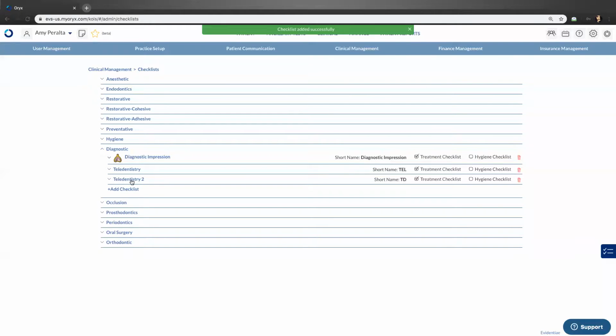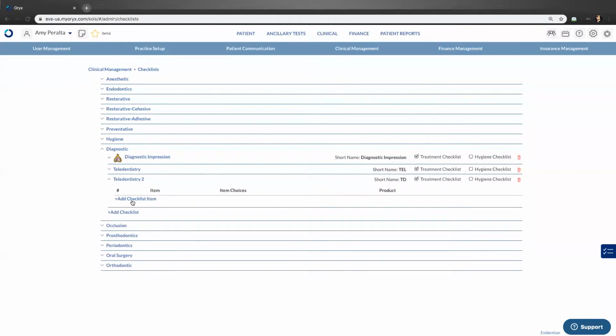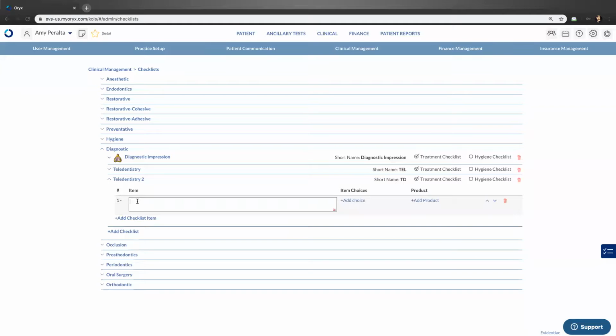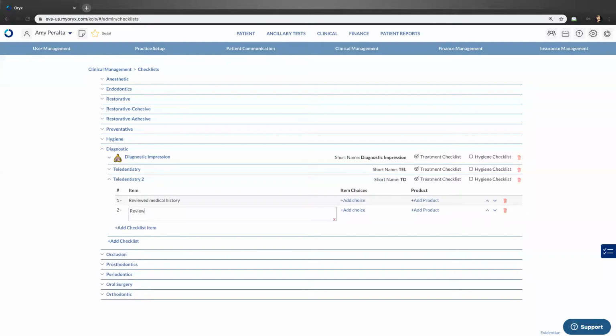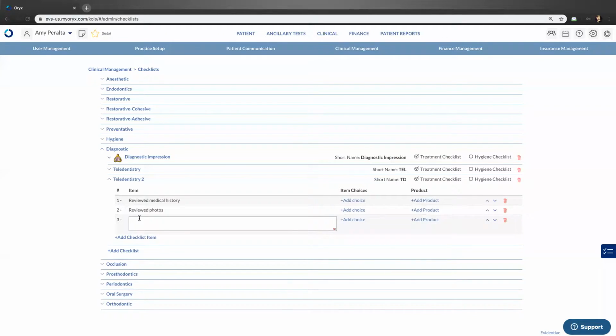So now I have my second checklist in here. Add checklist, and I'm going to say, for example, reviewed medical history, and I can say reviewed photos, and then I can say pain